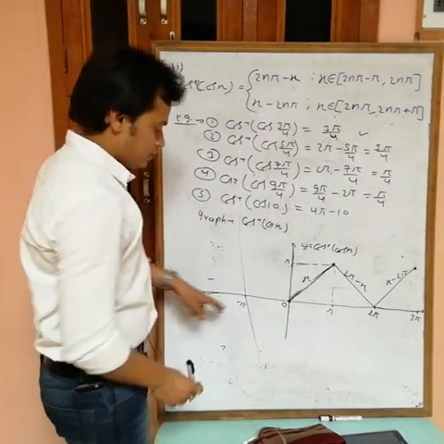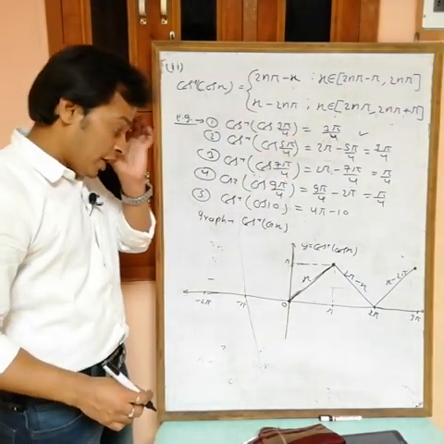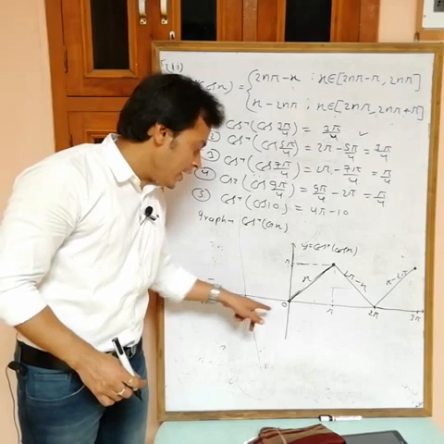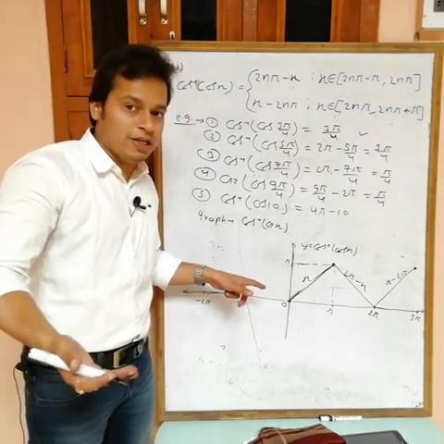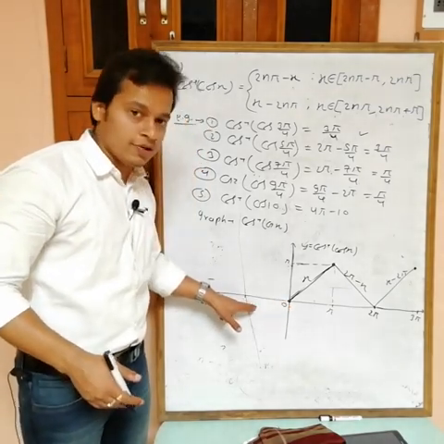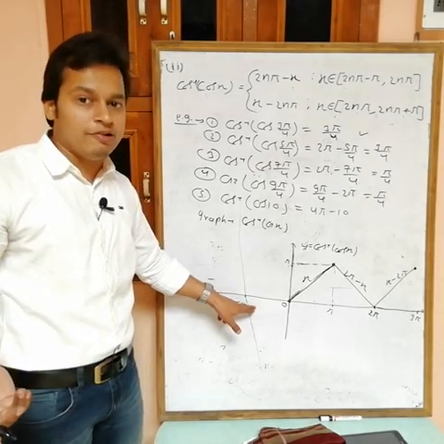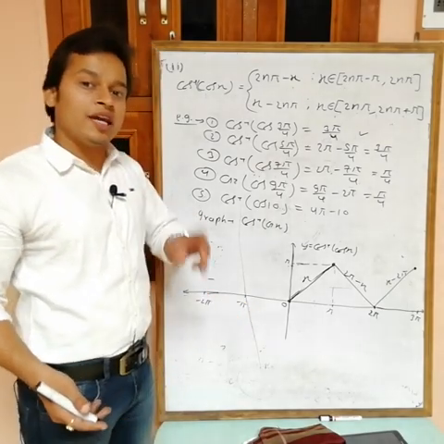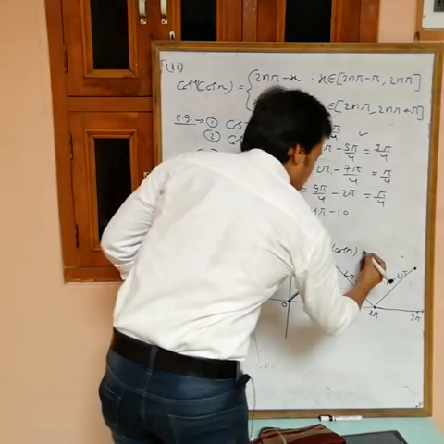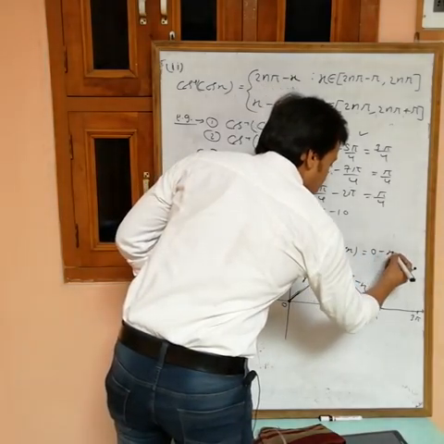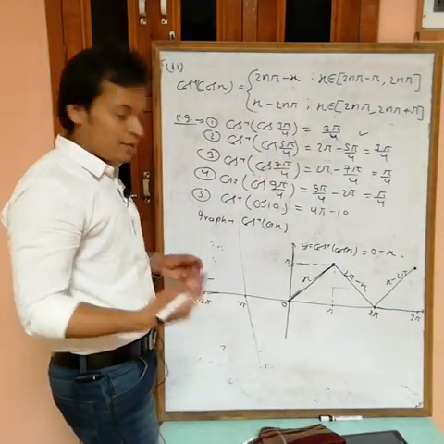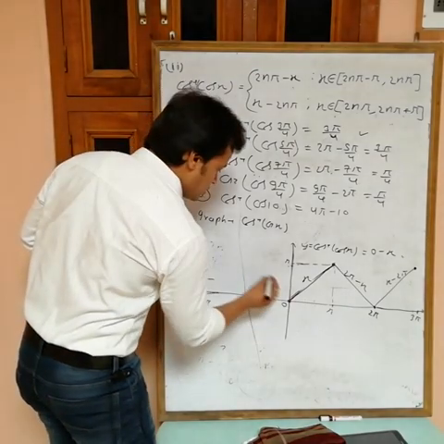Now if you want this region, minus pi to 0. In this one, x is less than 0. Consider the even multiple of pi. x is less than 0. If x is less than 0, and 0 is an even multiple of pi, then the answer is that even multiple of pi minus x. So the answer is 0 minus x. So what we are getting is minus x. The graph of minus x is like this one.